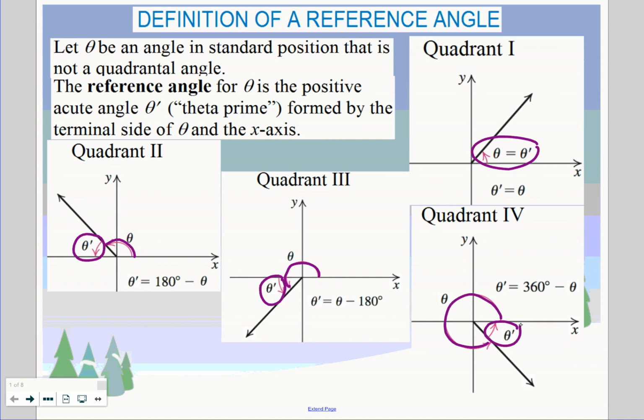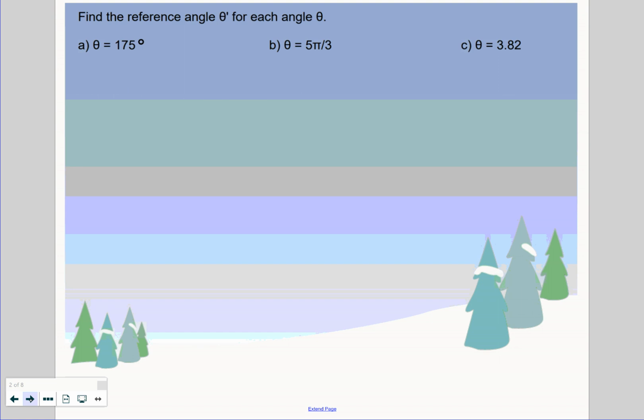So we're going to draw pictures like this to help us find those reference angles on the next page. And we're going to do it with both degrees and radians like we usually do. So first we're going to start with 175 degrees. We're going to begin by drawing that angle in standard position. So here's my axes. Remember, we're always going to start on the positive side of the x-axis, and then we're going to rotate because it's a positive angle